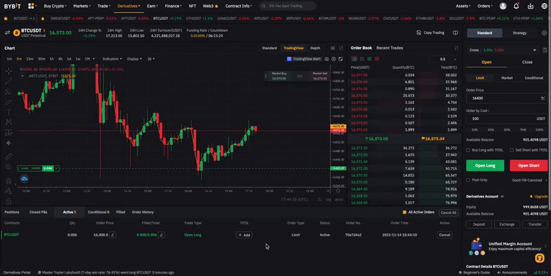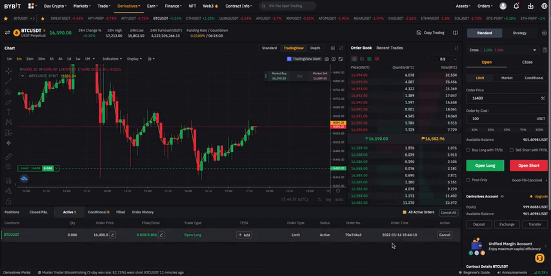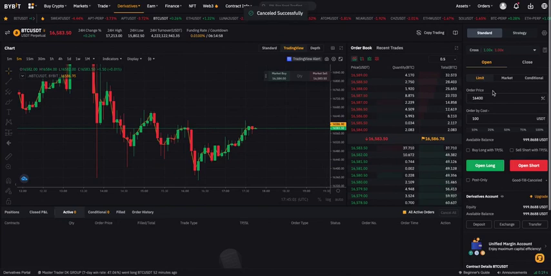Now for every trade you put on, if you are risking your hard-earned cash, you should have some type of stop loss in place to avoid taking losses beyond a fixed amount. The way you do that is by using the stop loss function. The simplest way is to do it at order execution. So I'm going to cancel this order. I'm going to go back. Let's imagine we wanted to enter at 16,400 as before. Well, if we want to enter at 16,400 with a $100 position size,